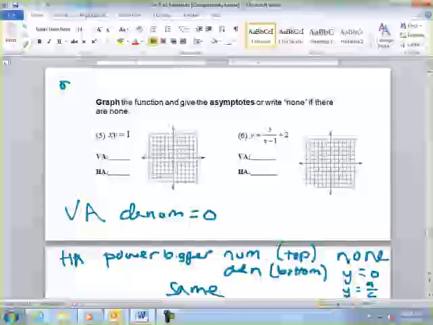there's none. If the bottom wins, it's at y equals 0. And if they tie, they both get to play a part. And that would mean that we take their coefficients, a over c. So you need to make sure that you know these rules for how to find our asymptotes. So for number 5, it's not really in the right format yet because it's not a